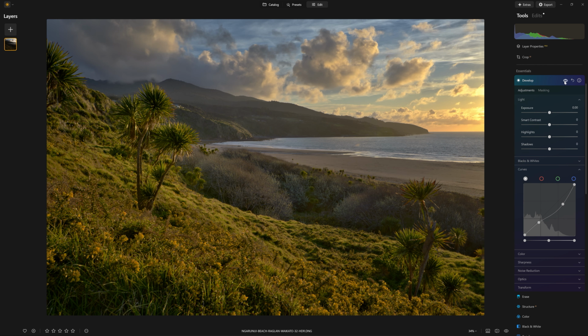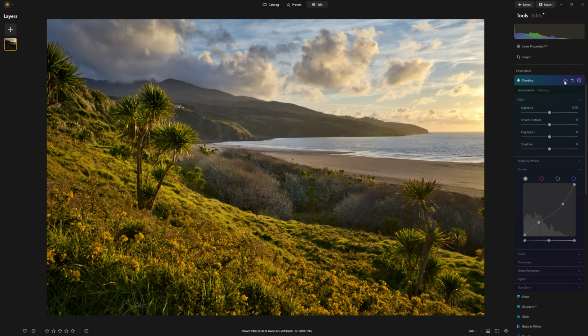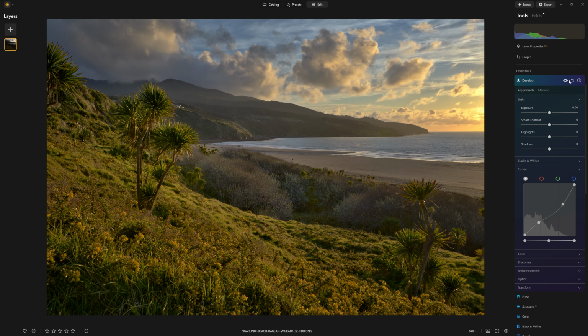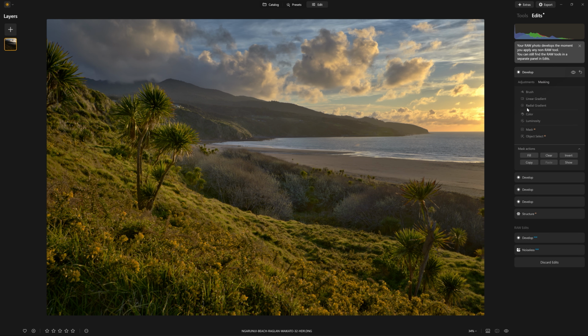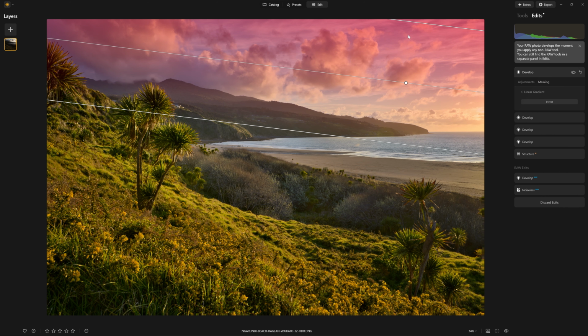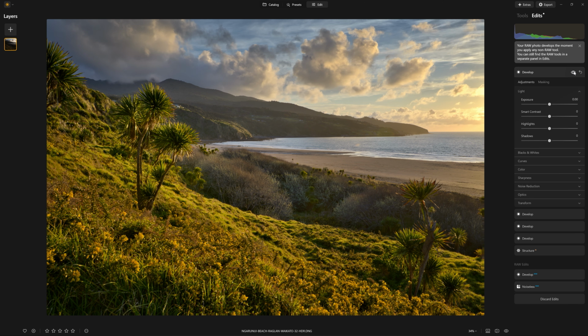Overall, this looks pretty awful at the moment applied globally to our photo. But one of the things I'd recommend you do when you're getting into photo editing like this is train your eye to be looking only at the area where you intend to apply that effect. And so now I know that the sky is how I want it, I'm just going to come in with a linear gradient and pull that down so it kind of feathers in from the top of the sky and fades out as it goes into the rest of the photo. So here's our before and our after. Before and after is pretty subtle, but I hope you can agree that that is an improvement